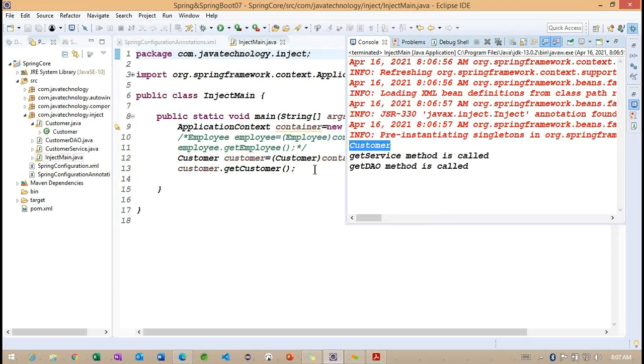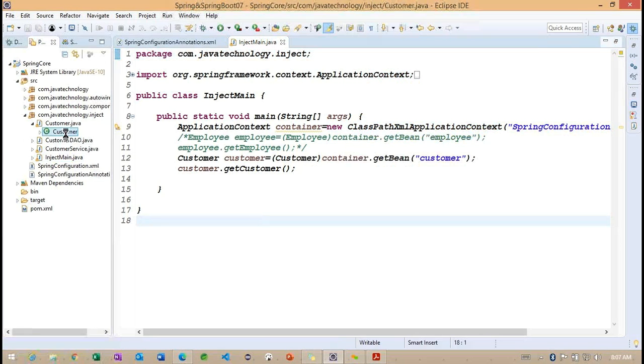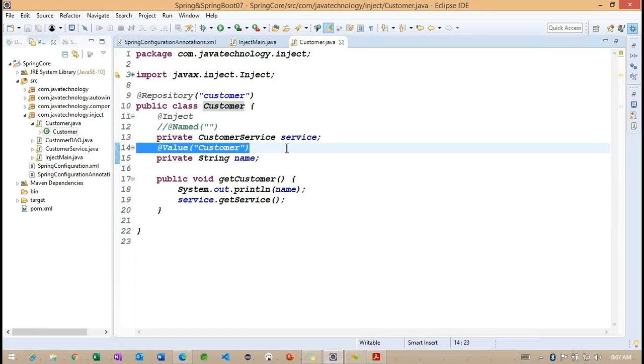So now you can see, whenever we are trying to print the name of this particular customer, it is printing here. So how is it printing here? Based on this particular value annotation. Getting the point. So in our upcoming classes, we are going to discuss more information regarding this particular value. Basically, this value annotation is going to work most of the time to load the properties information here. So whether it is DB related properties or any specific properties, those properties we can load using this particular value annotation here.